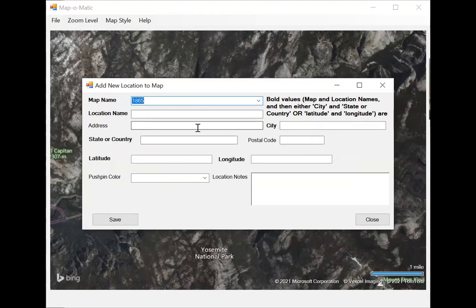It's good to have an address if you got it. Good to have a postal code or zip code if you got it. Otherwise, you're